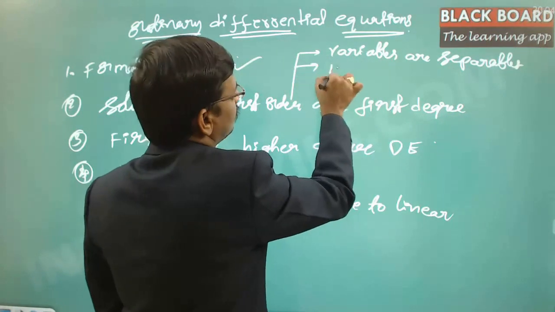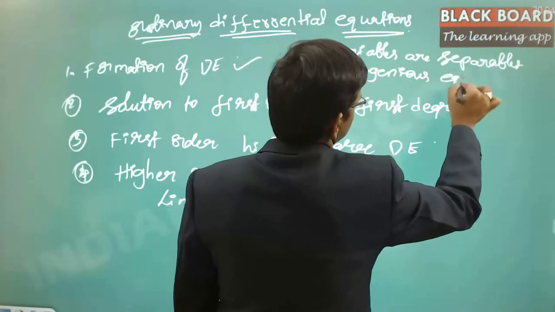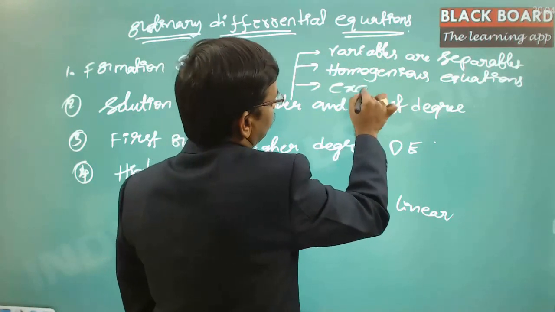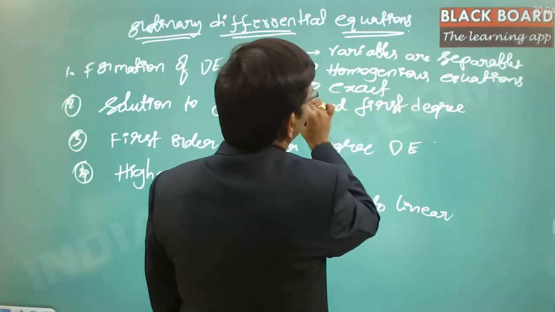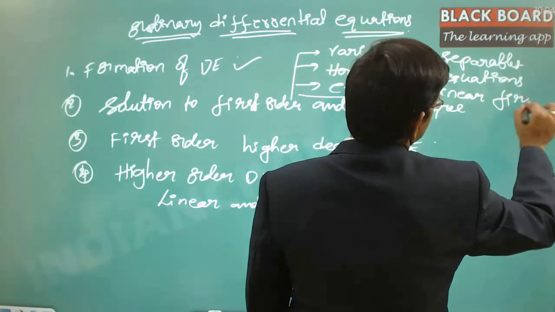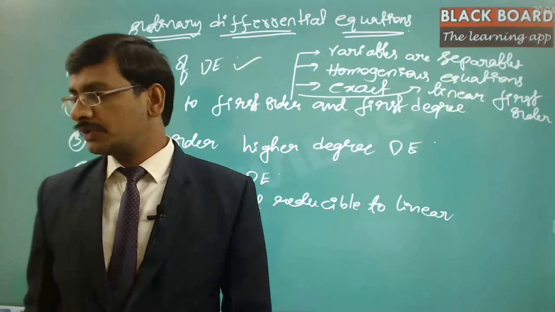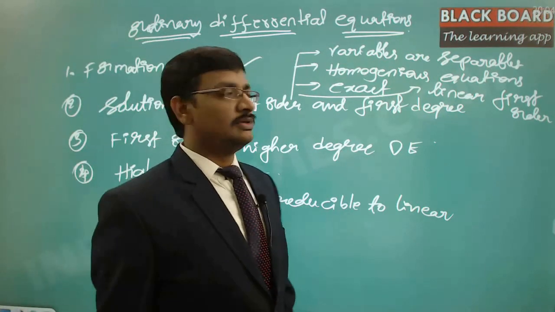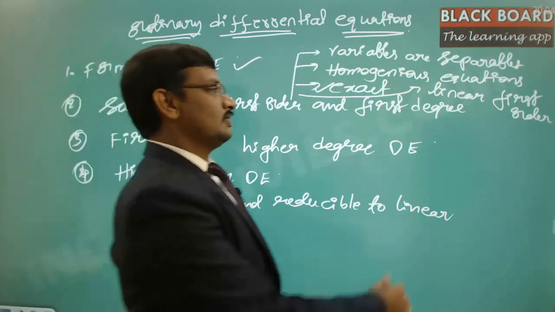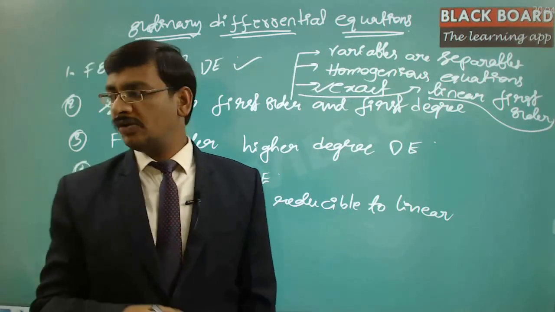The next one is the homogeneous equations. The next one is the exact differential equations. And then the last one is the linear first order, the first order linear differential equation, to be specific, the Leibniz equation. I think Sachar has described the exact differential equations to a greater extent, and I think he covered the linear differential equations also, and the rest of the things I will be covering.